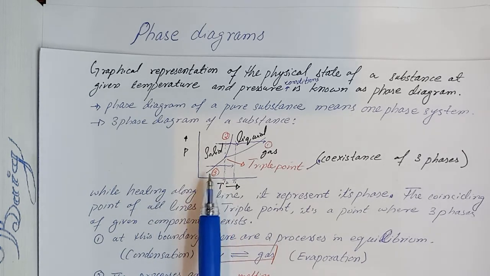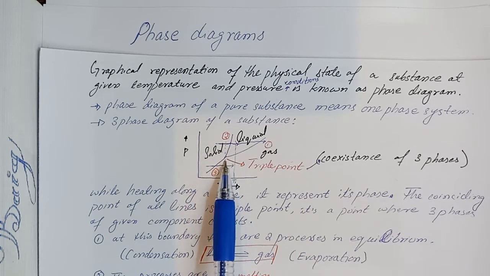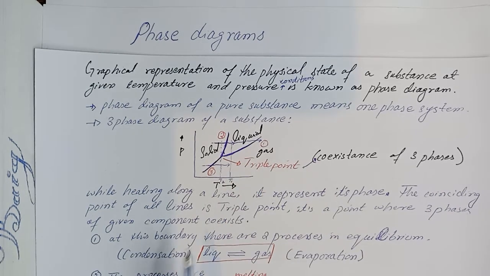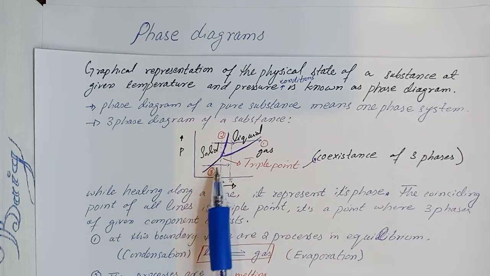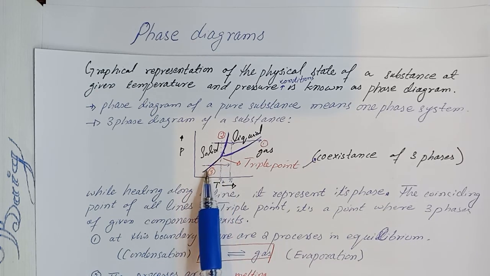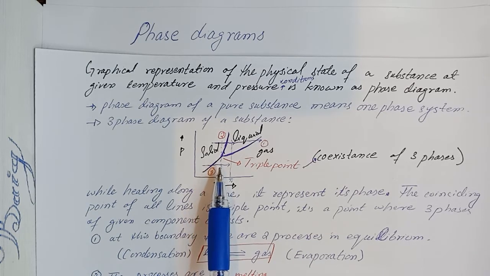As we cross the lines, the blue lines or the curves on the phase diagram, a phase change occurs. For example, if we move from this side to this side at this curved line, the phase change occurs. In addition, two states of the substance coexist in equilibrium on the lines or the curves, and these blue solid